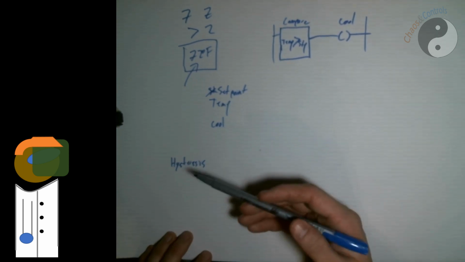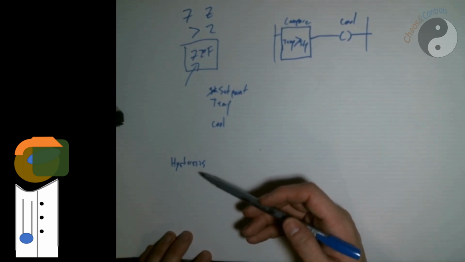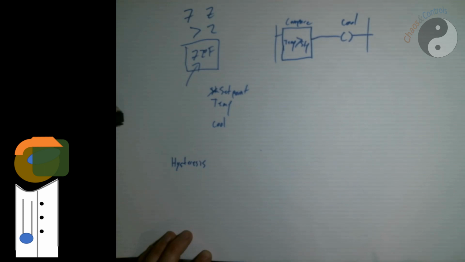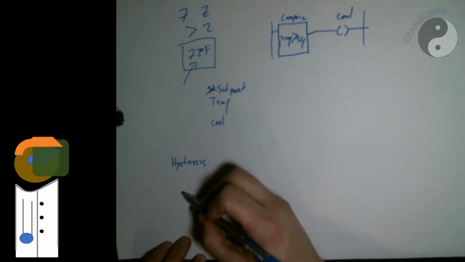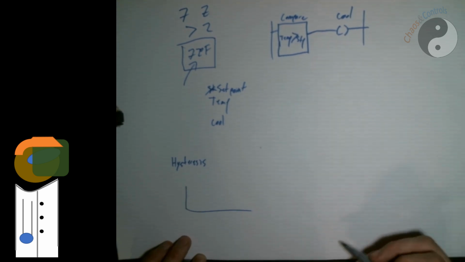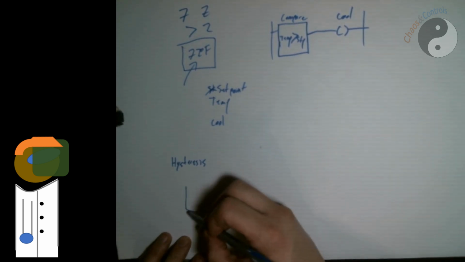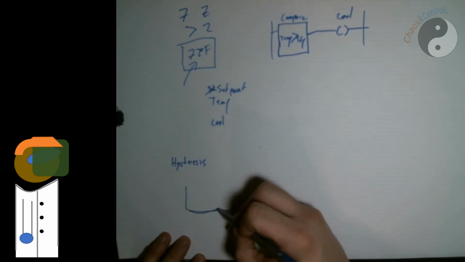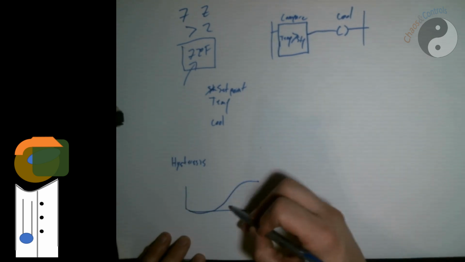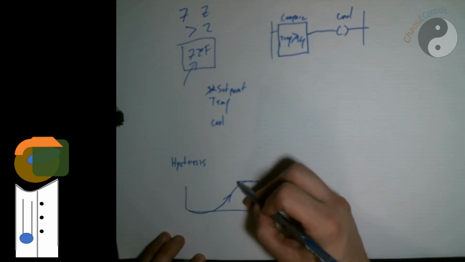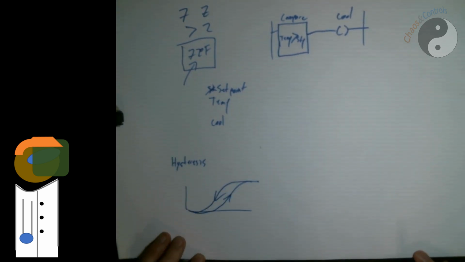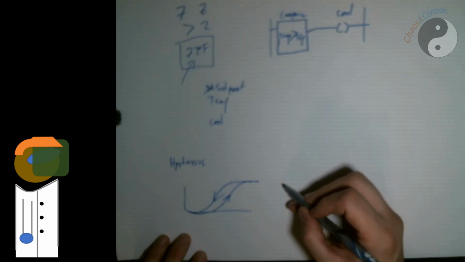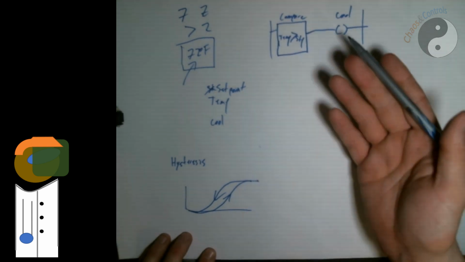So we have this concept called hysteresis, and it is fairly commonly misunderstood. All hysteresis means is that if I have some sort of a chart, and we have something happening, the direction that I take going this way is different from the direction I take coming this way. And I know that sounds kind of weird, but we can translate this into our start-stop circuit, our cooling circuit